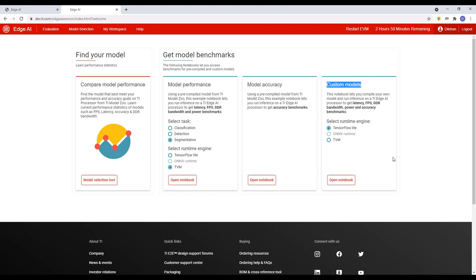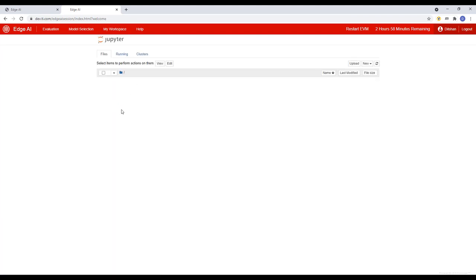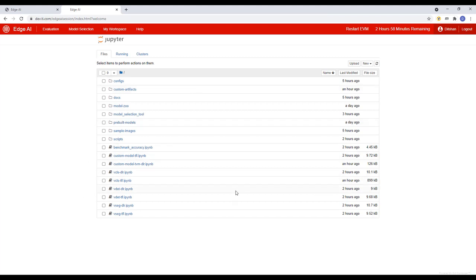All these different scripts are meant to serve as a starting point, so you can create your own notebooks to evaluate different models and different task types. When you are ready for that, click on My Workspace to access your workspace. Once you are there, you can upload data, models, and create new notebooks.